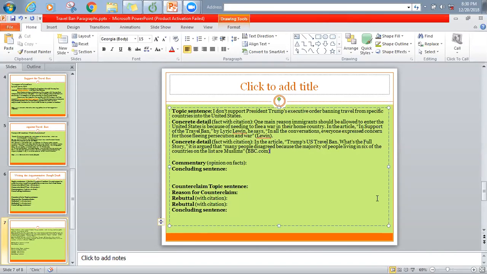Okay, so I know I kind of went through that quickly. I just want to pause for a second to see if, when you look at these concrete details, the way that I set it up with the citation information before and after, and the way that I put the quote in there, does that make sense to you? Do you have any questions about that? Because I know sometimes this can be really tricky. It took me a long time to learn how to do all these citations and quoting. So if you have any questions, please feel free to ask me.